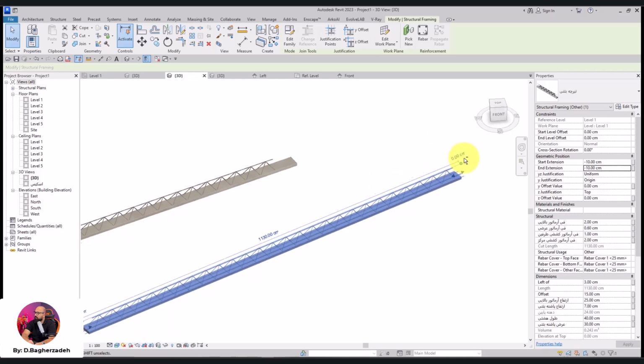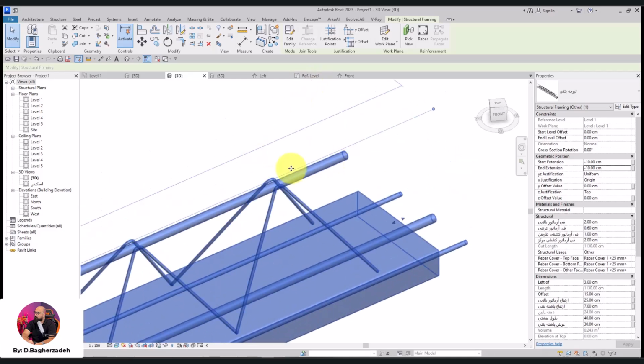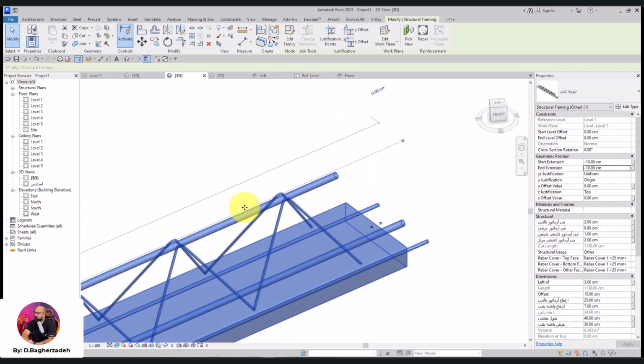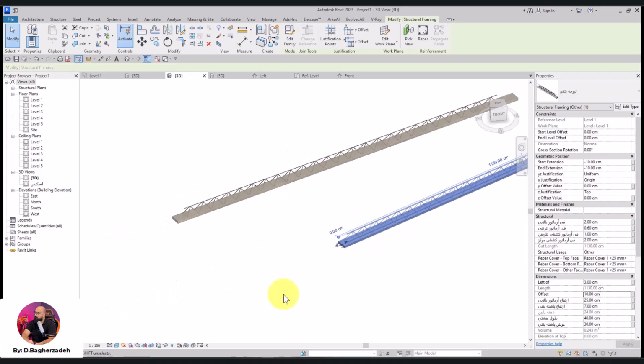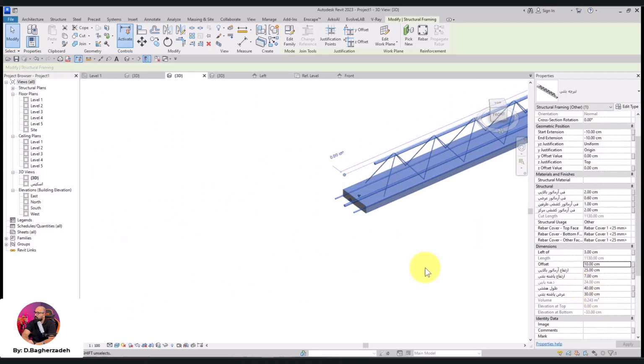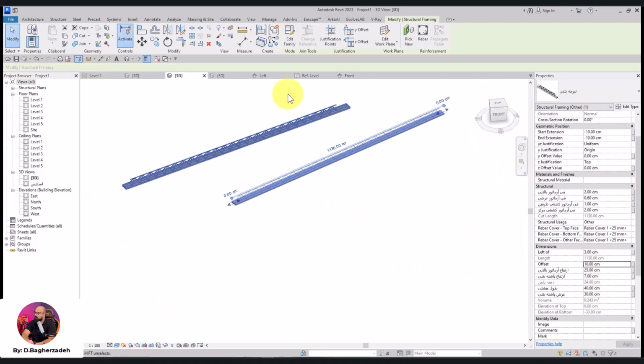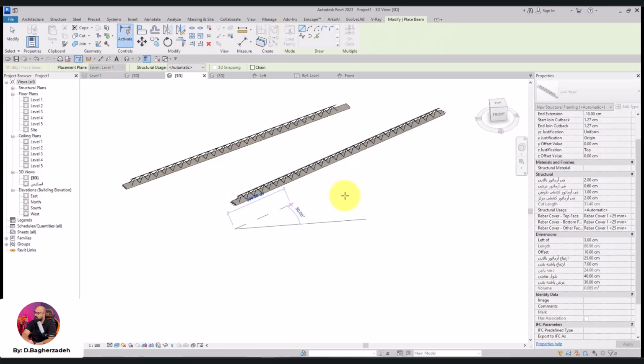Also, we can change the value of bar covers, and we can add offsets for the bars as well. Let me see, offset, I set it to 5 or 10. But here the offset didn't make any change because the spacing is being adjusted with a space parameter, which is